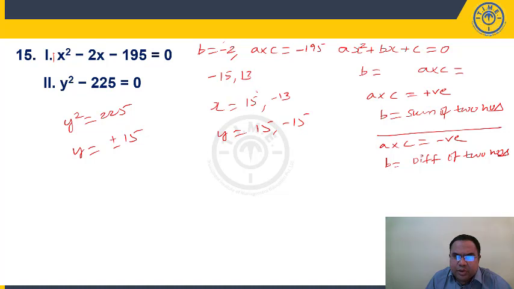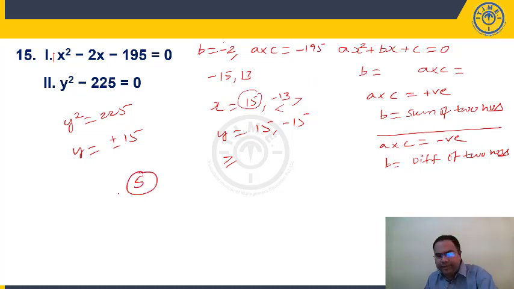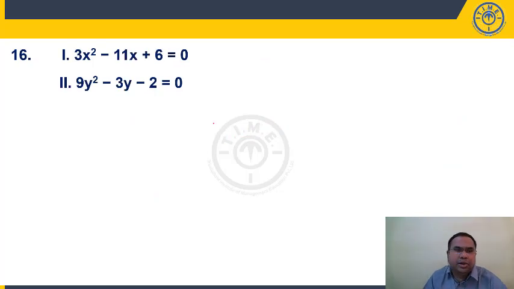Now if you take first root, 15 means x is equal to y, minus 15 means x is greater than or equal to. If you take minus, x will be less than y. If you take minus 13 minus 15, minus 13 is greater than, smaller number with negative sign will be greater. Minus 13 is greater than minus 15, but minus 13 is less than positive value 15. So I am getting less than 1 and greater than 1. So we are not getting a definite relationship. So no relationship can be established. Option 5.